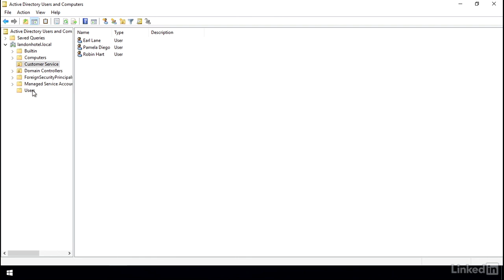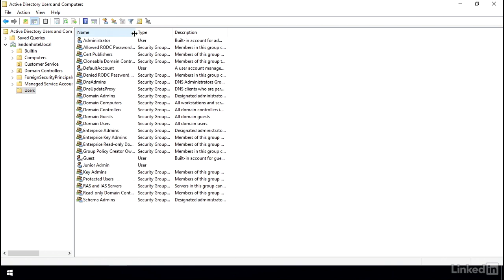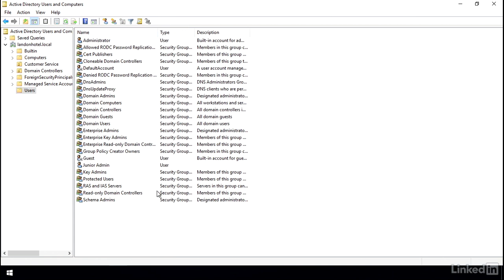First of all, if I go back to the Users container, I want you to see that there are a number of built-in security groups which give certain privileges inherently. One of the most commonly known groups would be the Domain Admins, and this is the designated administrators of the domain. If I wanted to give Junior Admin the ability to administrate objects in the domain, I could simply go